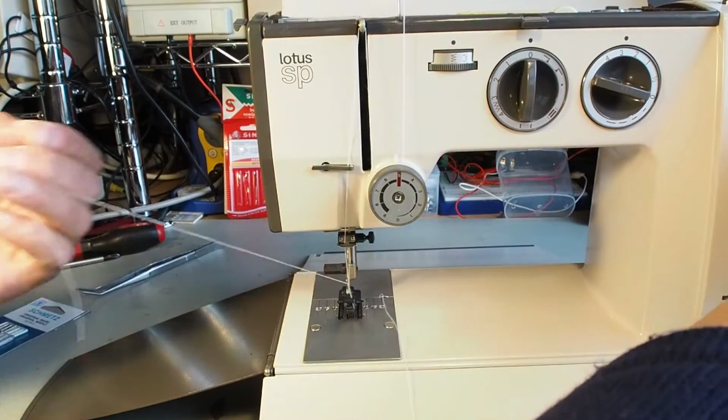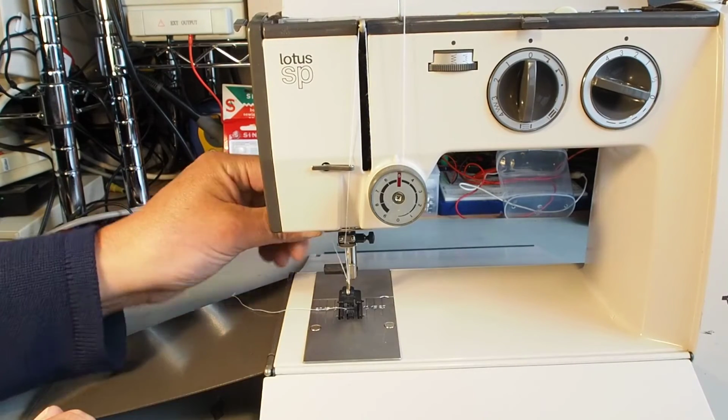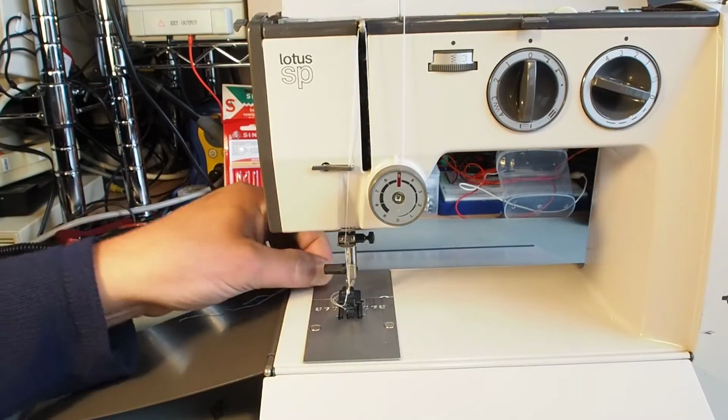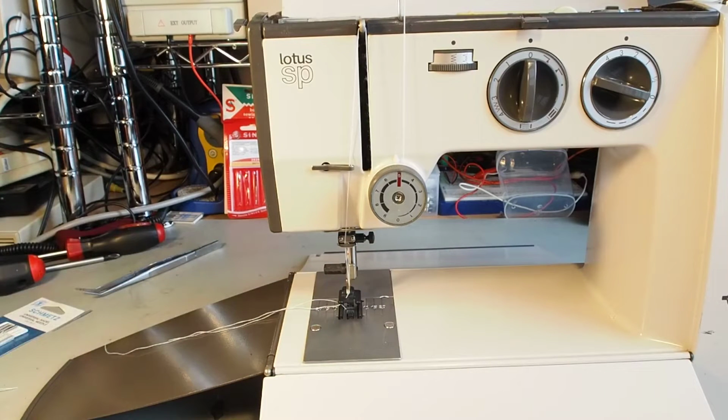Well, it did that time. So if you're lucky, that's great, you're ready to go. But that was actually a bit of a fluke, because I know that there's another problem with this machine, and